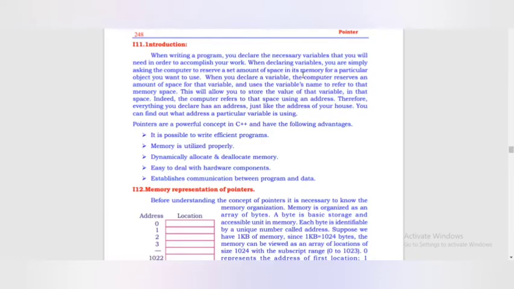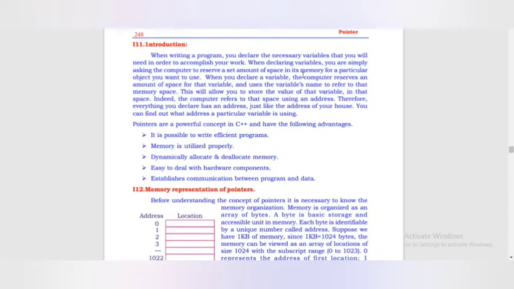In the sense that I want to use variables a and b in my program, if it is integer type, it is going to allocate 4 bytes of memory. If it is double, it is going to allocate 8 bytes of memory. By making use of that memory space, I can utilize it for my work.